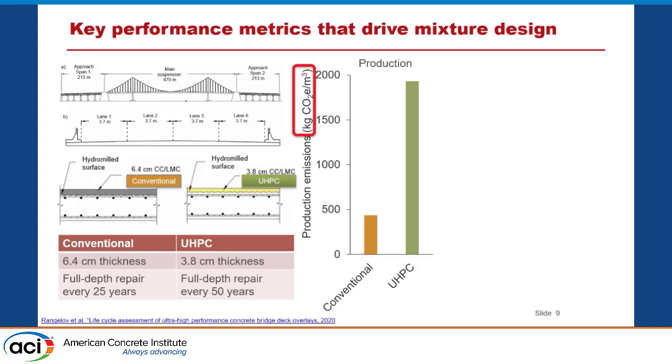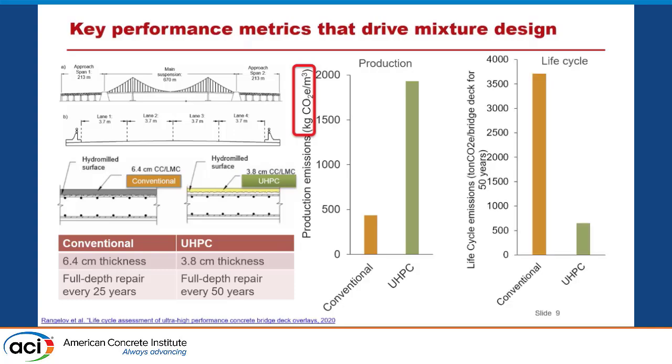What is going to happen when we include the whole life cycle here? The result is completely different. The conventional concrete result is more than 6 times larger than the UHPC concrete mixture. Again, please pay attention to the y-axis. The y-axis for us is tons CO2 equivalent per bridge deck for a specific period of time, which we specified as 50 years. So it's really important for us to consider the stage of the decisions, whether we are at the design stage or procurement stage, when we want to use different tools available in the market.